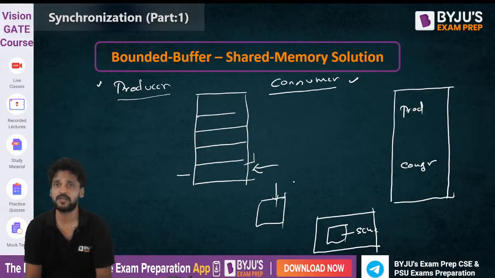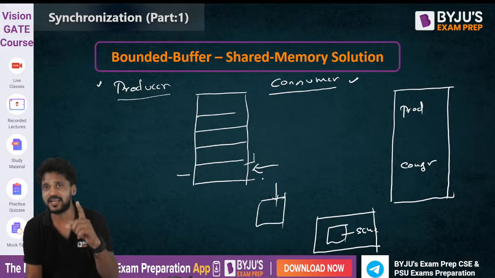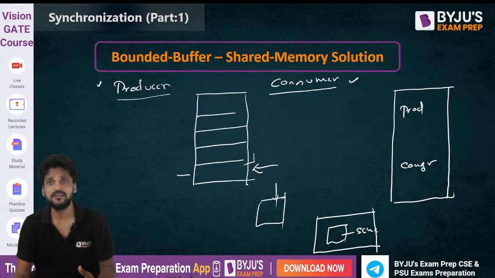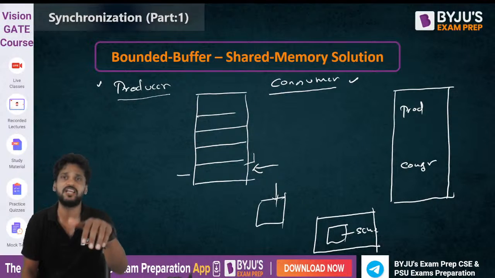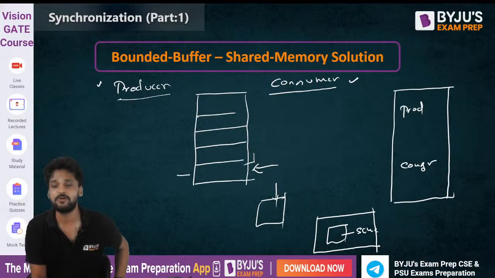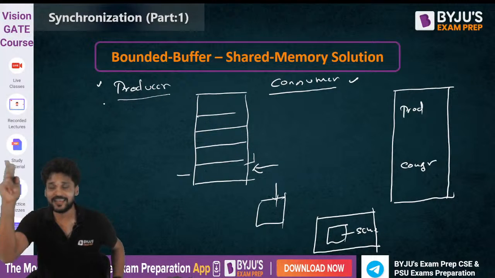So this is the first problem. Initially, the producer should schedule first, followed by the consumer. Unless the producer gets scheduled and produces at least a single element, there is no point in scheduling the consumer. If it gets scheduled, obviously it is going to read a garbage element. This is the first problem. The consumer cannot get scheduled prior to a producer. And the second thing is,